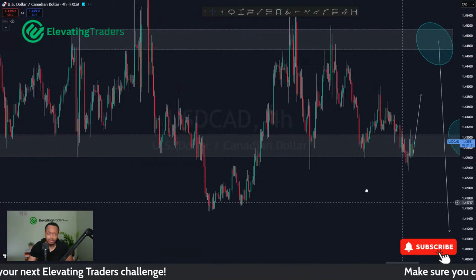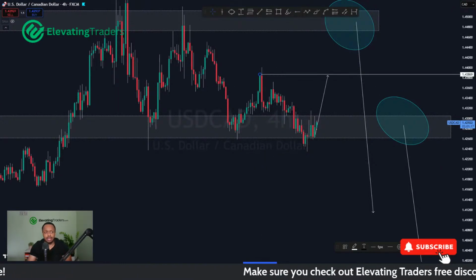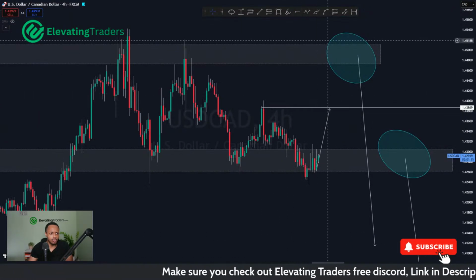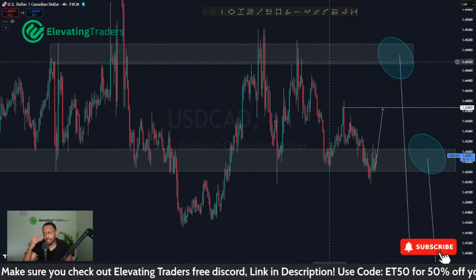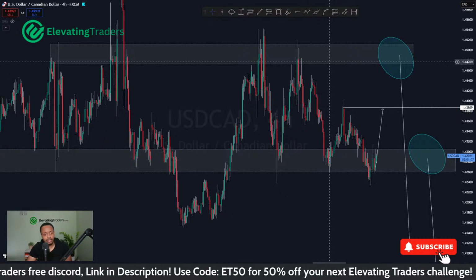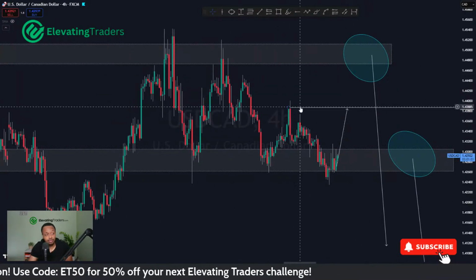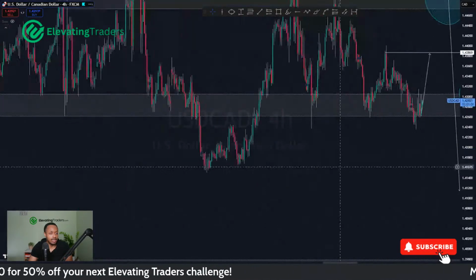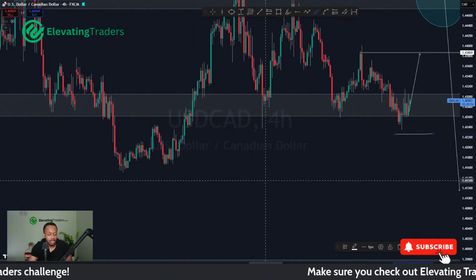I'm not looking for anything crazy. I feel like if you can get it back into the high here on the left, that's a solid trade in itself. Of course, there's resistance above us as well there. You can always leave positions to run to extended targets, but a push back to 1.43869 roughly, I think that makes a load of sense, and a stop loss underneath that wick low there looks like a really nice place for it as well.